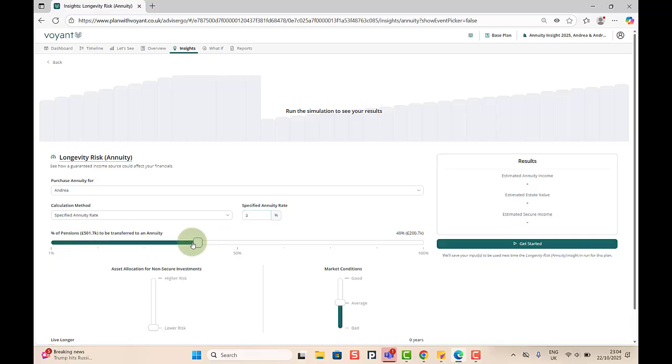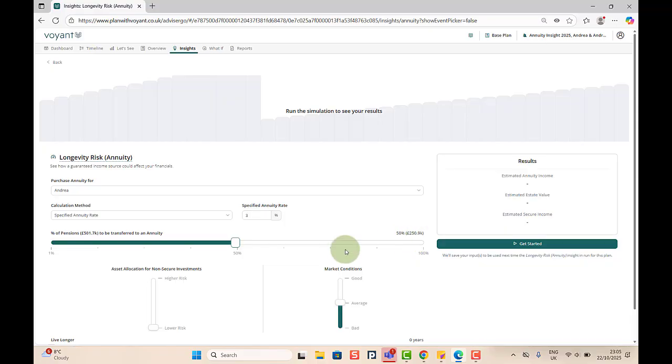The figures displayed when I move the slider up and down are the values of the money purchase pension or pensions at the start of the retirement year, based on using the growth and asset allocations of the selected plan. You can choose to annuitise anything from 1% up to 100%. I'm going to choose 50%. You can see 50% of the pensions is